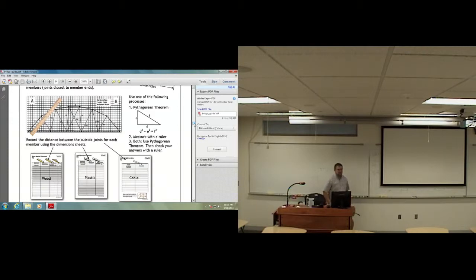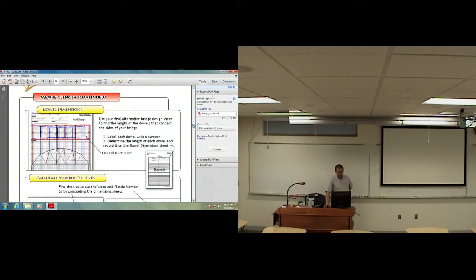You might have to use some mathematics. For example, you might have to use the Pythagorean theorem if you have any triangles where you know the two square edges of the triangle and you don't know that longer side, which we call the hypotenuse, right? You might have to use that equation d squared plus e squared equals f squared, or however you want to call it. In any case, you should have a